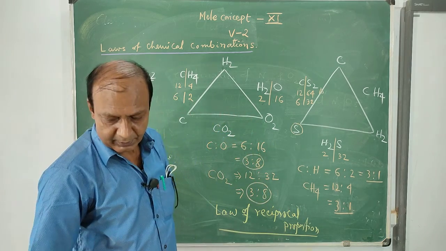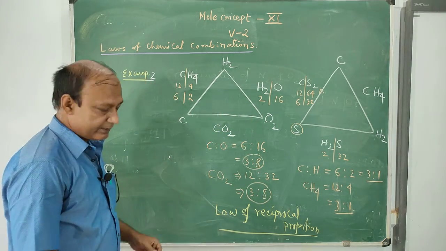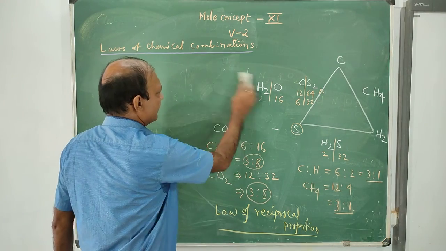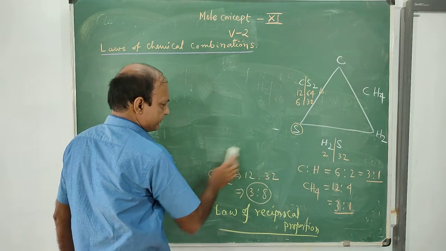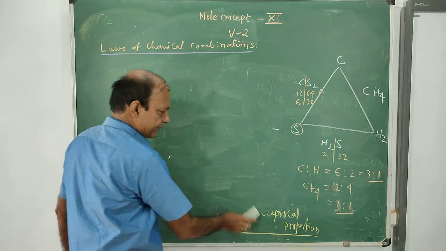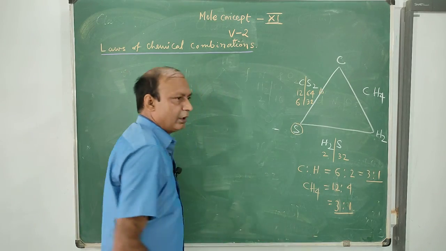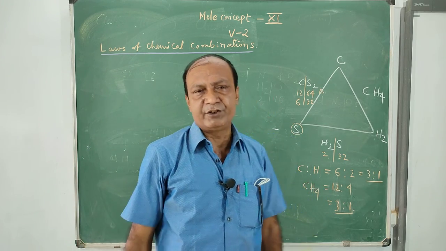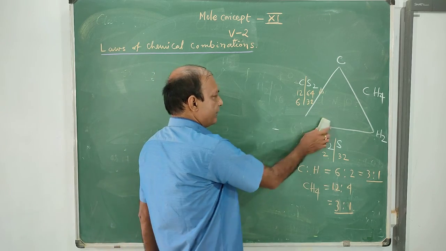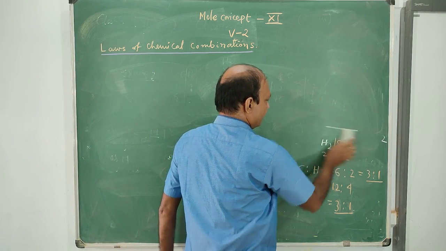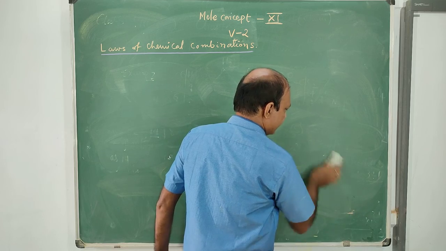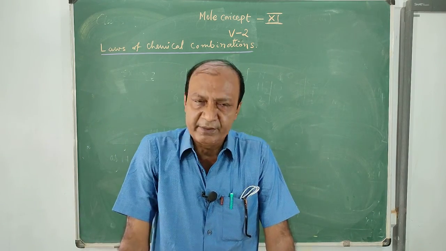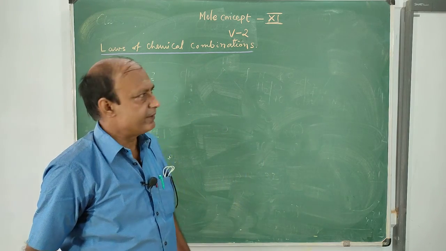Okay. Now see, the third thing is laws of chemical combinations. There is a law of definite proportion that is very simple. I am not discussing it. Law of definite proportion, you know that in a pure compound the elements always combine in a definite ratio in their masses. This is the law of definite proportion. And you know the law of conservation of energy. The energy will be conserved during chemical reaction. This is law of conservation of energy.